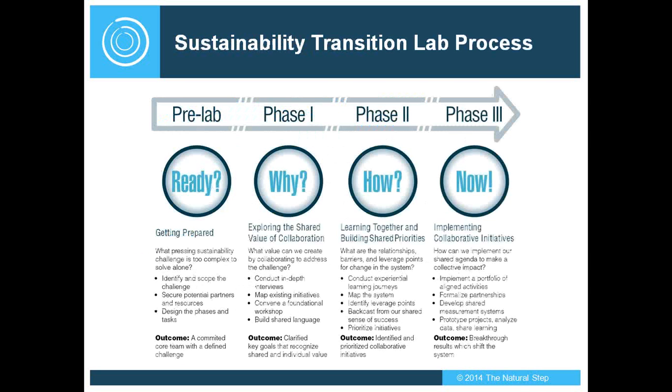With these outcomes, what is the process by which we're trying to get at them? So we understand where we've come from, how we've created these Sustainability Transition Labs, what the underpinnings of them are, and the outcomes we're trying to get at. And the slide that I'm showing you up here is basically the process that we're trying to use. And this is about four stages of the game. The first stage being the pre-lab stage, which is getting ready.